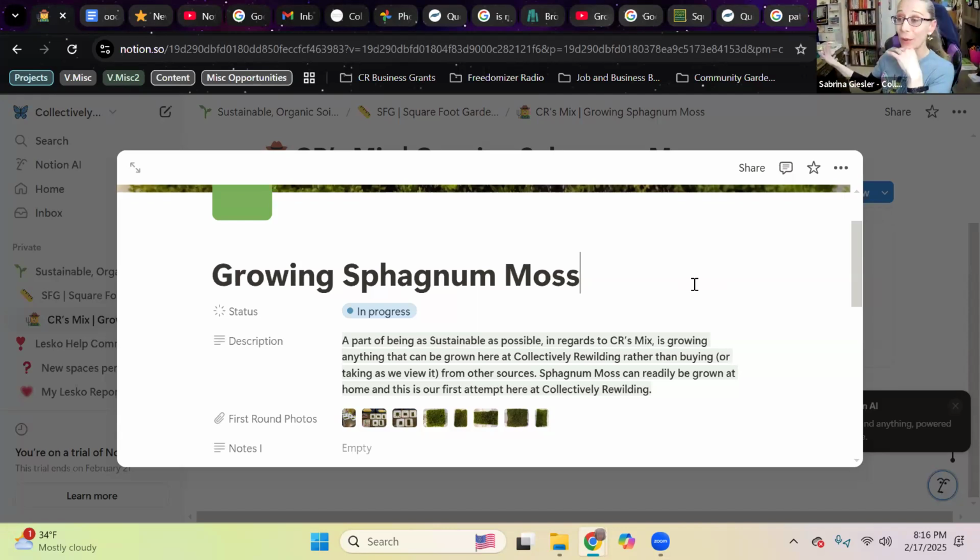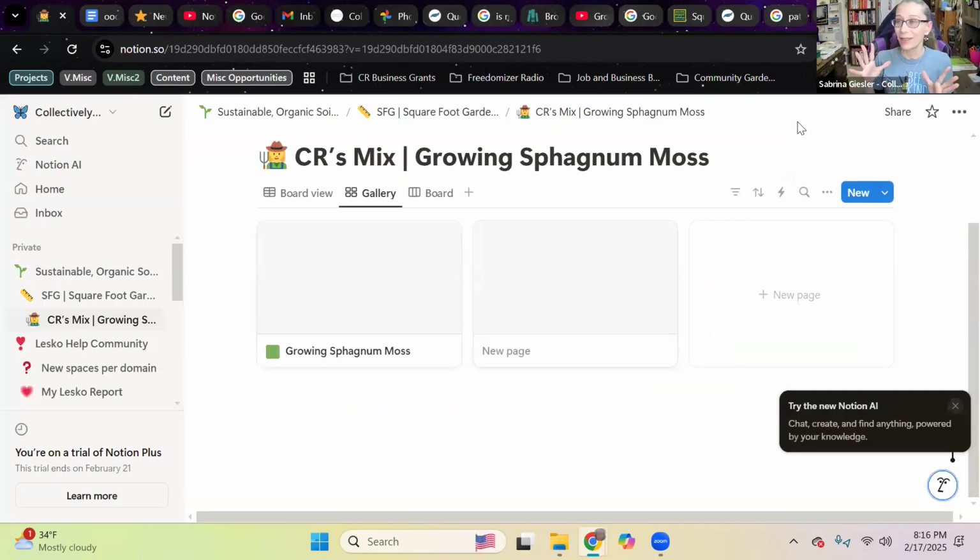However, sphagnum moss is not only a renewable resource that you can purchase, you can easily grow this yourself, whether you forage it to begin with or purchase it to begin with. You don't have to deplete resources from another environment. You can do it continuing on in your own environment. Really exciting to me. I love being able to create it here instead of having to remove somewhere else's soil, somewhere else's peat moss, somewhere else's top mulch covering, right? Doing anything that we can do here is just amazing to me.